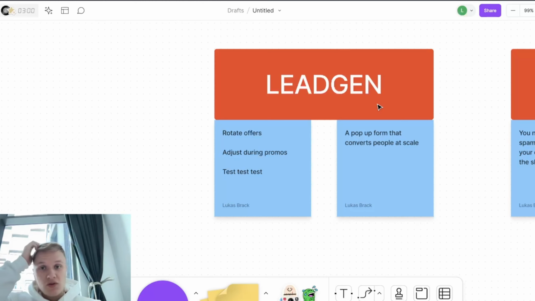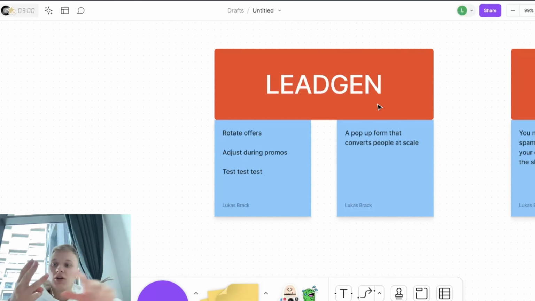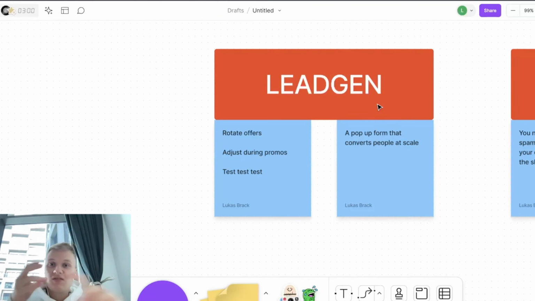So rotate those offers. Those offers can be 10%, 15%, even 20% off. You need to A/B test that and see if the increase in sign-up rate is actually worth giving up these margins. But you could even do a flat discount. So for example, you have a high AOV store selling products for $300 plus. You actually do $30 off, which in perceived value is higher than 10% off, even though it's kind of the same, but it's capped. So it's basically absolute.